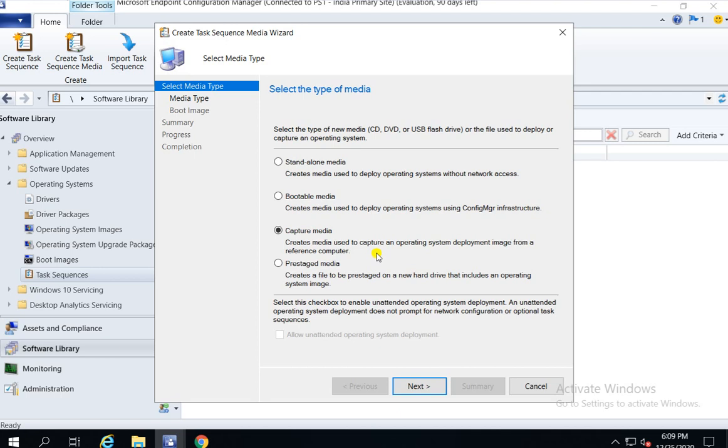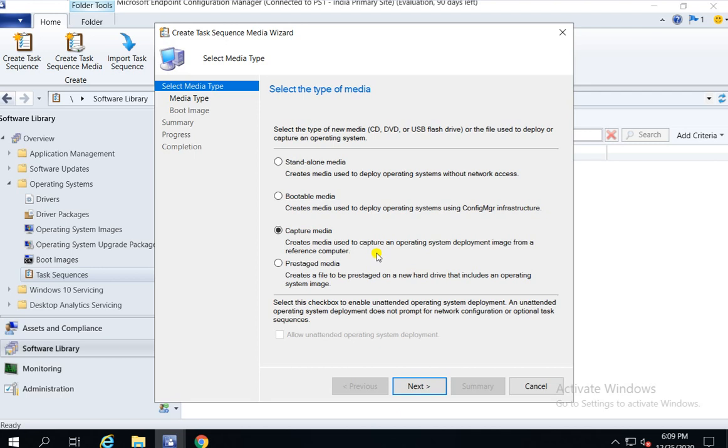Now the prestaged media. It is used when you have your boot image and your Windows file on a pen drive or hard disk. In this scenario, your operating system image, the WIM file, and the boot image will be included.